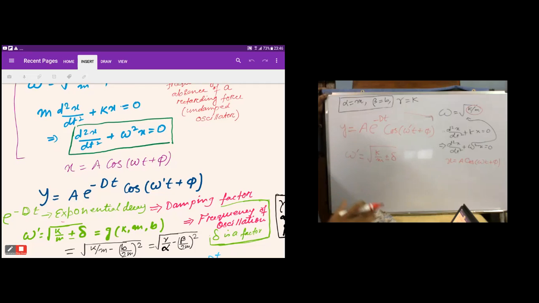I do not need to remember any formula, but I know there should be a factor due to the damping. So this omega dash should be a function of